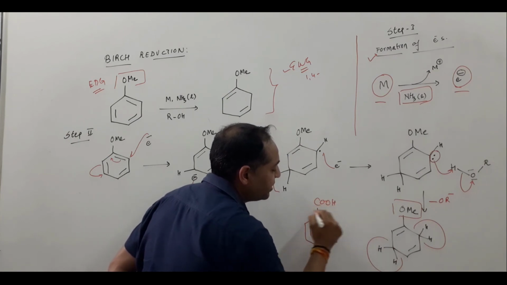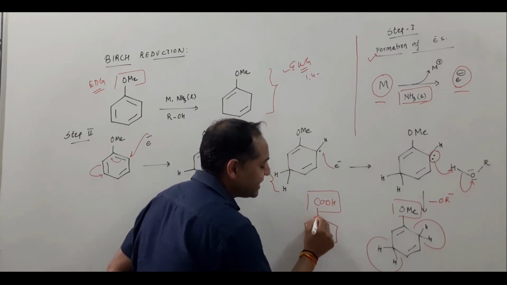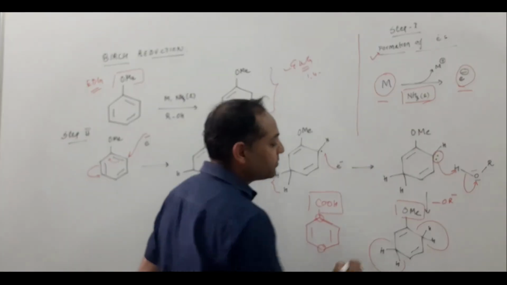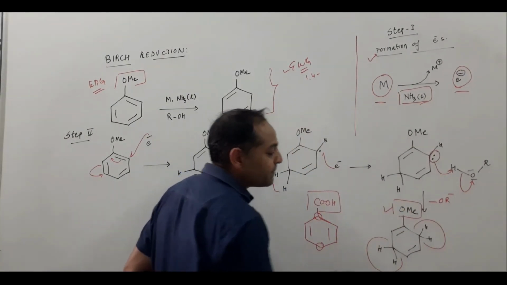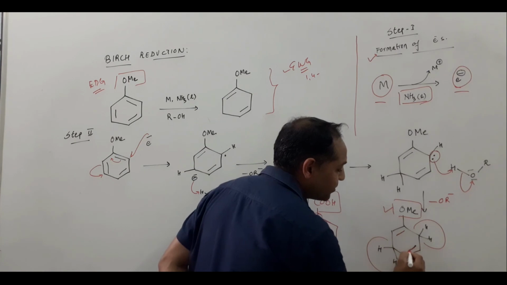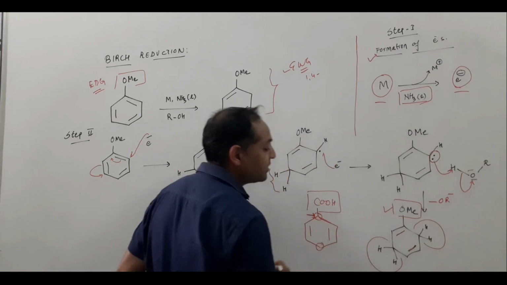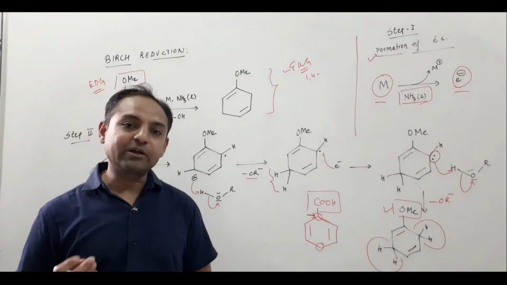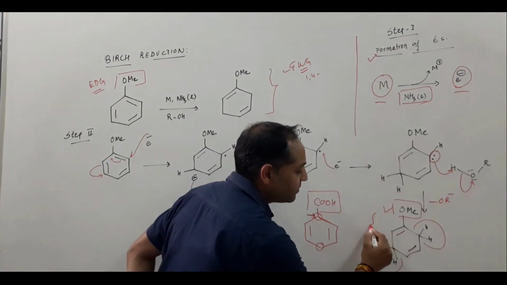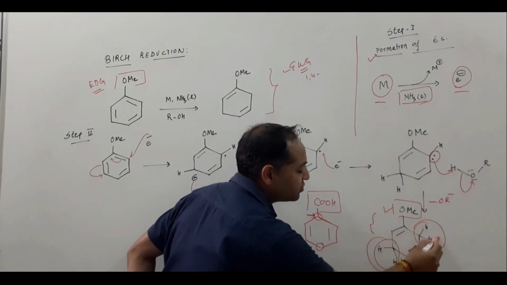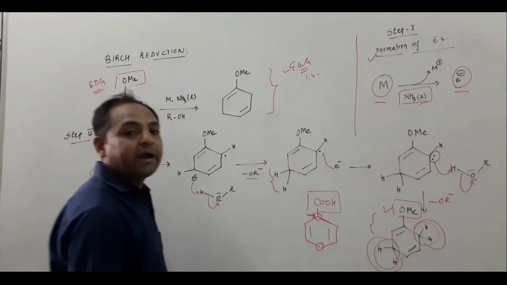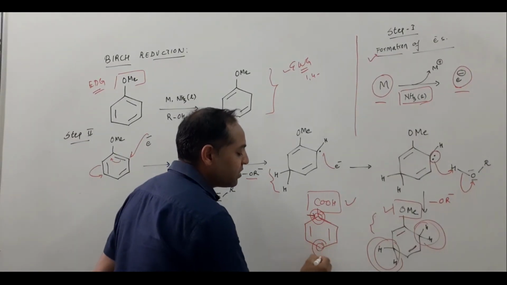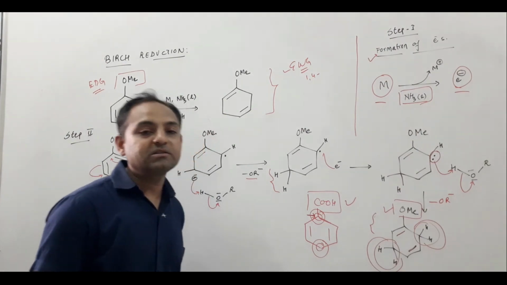this would be the product. Okay, so the carboxylic acid group is attached at the carbon where there is no double bond. But in case, suppose, an electron donating group is there, here there is a double bond in the product, and here there is no double bond in the product. So this is called the Birch empirical rule. When the starting material has an electron donating group, the bond is reduced at the second and fifth positions, and if the starting material has electron withdrawing groups, then it is reduced at the 1 and 4 positions. So this is called the Birch empirical rule.